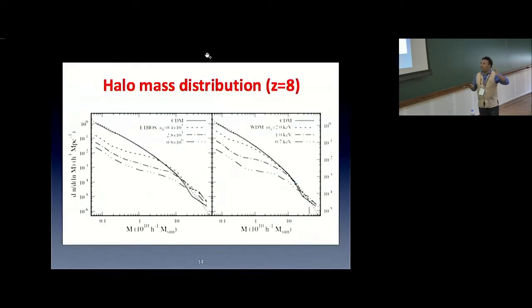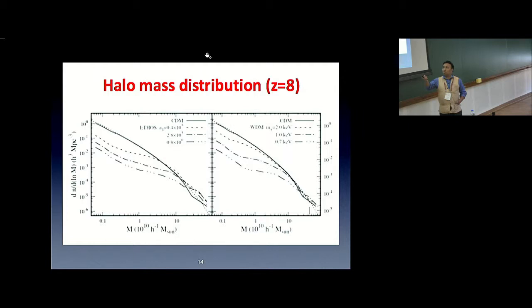So I'll just tell what happens in the epoch of reionization. You have your early halo mass function. This is also a nonlinear simulation. You start with say redshift 200 and evolve it to redshift 8 or 9. And here, when you deviate from cold dark matter, if you talk to n-body people, I'm not an expert in that, there are a lot of controversies. So people say that you predict, so you get some spurious halos